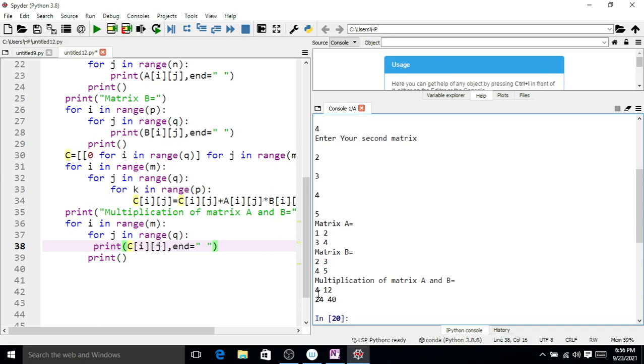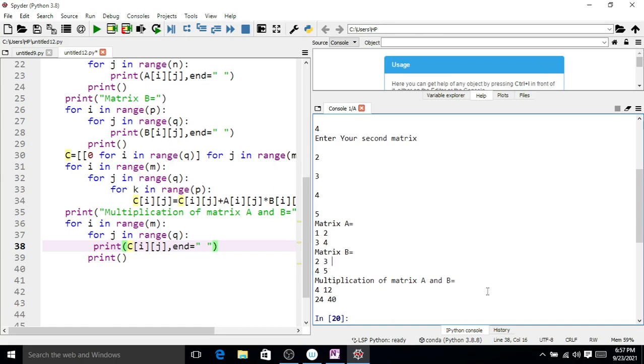So the matrix multiplication is not correct. The first row into the first column should be 2 plus 8, it requires 10 here. Again if we multiply the first row by the second column, then 3 plus 10 is 13.